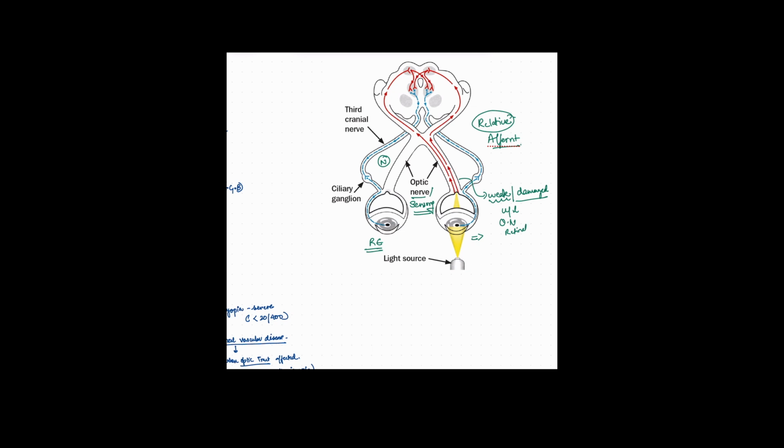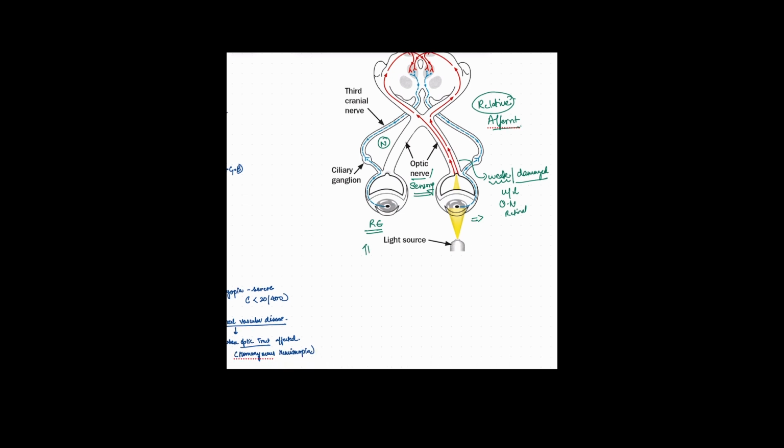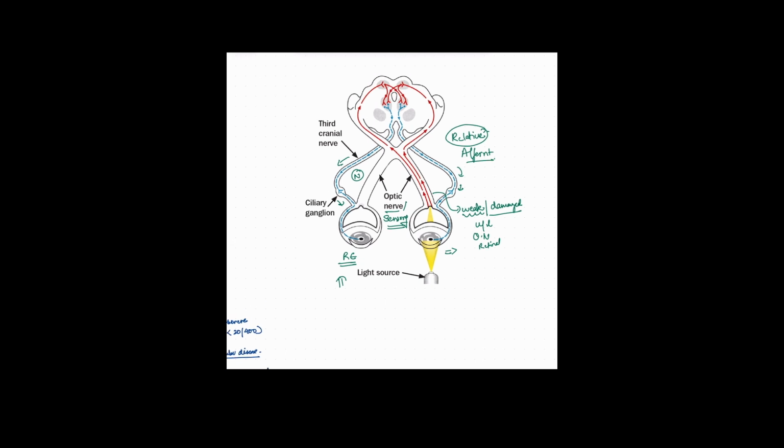So what will happen? If I show my light here on the right eye, the signal will go through the optic nerve, through the optic chiasma, optic tract, the pupillary pathway, and the efferent third nerve will come into action and constrict the pupil of both the eyes. We will talk about the light pathway in detail some other time, but basically if my stimulus is in this eye, the Edinger-Westphal nucleus relays the information to both of the third nerve nuclei to constrict the pupil. Third nerve nuclei will act on the sphincter pupillae and constrict the pupil.